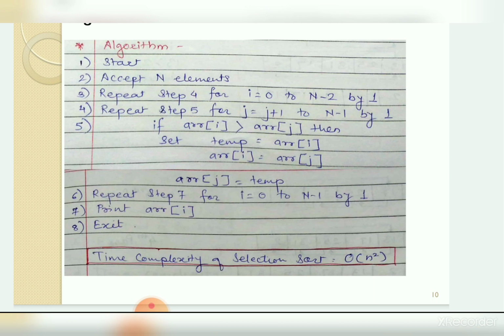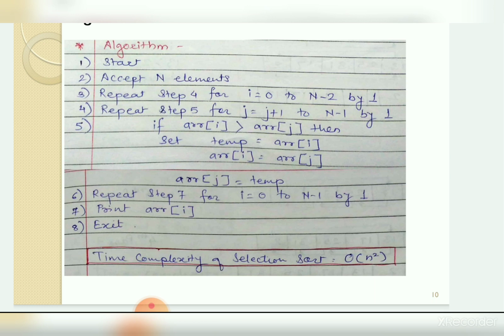We have to repeat step number 4 for I equal to 0 to n minus 2. Up to the last but one number you have to go. The 0th element is compared with the first, and we have to compare only up to the 4th. So the 4th element we have to compare with 5. Since 5 is the last element, we don't need to go up to the end of the list. If the last element is at the 4th position, we are comparing up to the 3rd, so the 3rd is compared with the 4th.